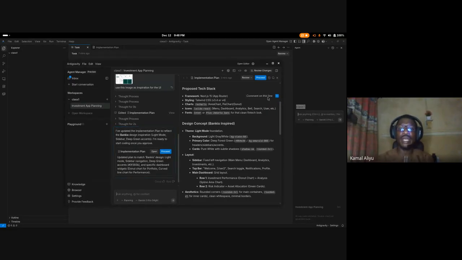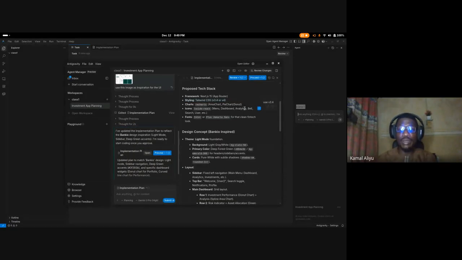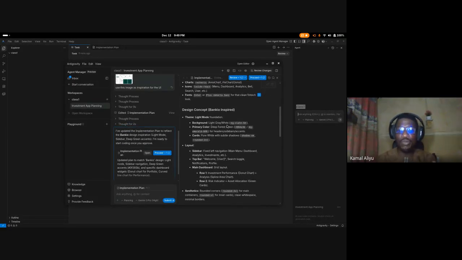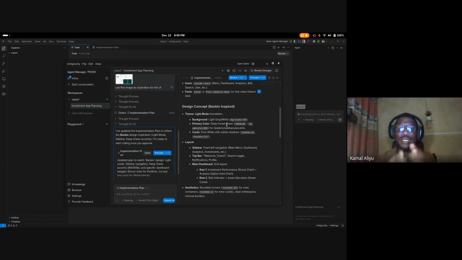I can say, okay, use version 3.4, and I'll just add the comment. Now the comment is there. I'll just follow the plan, so that you know that what it's going to implement is exactly what you want.